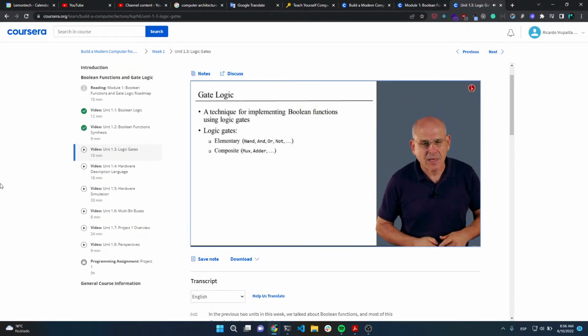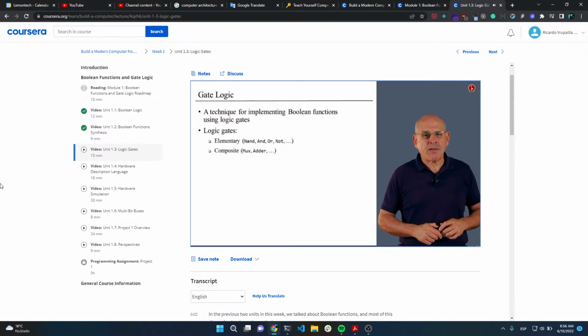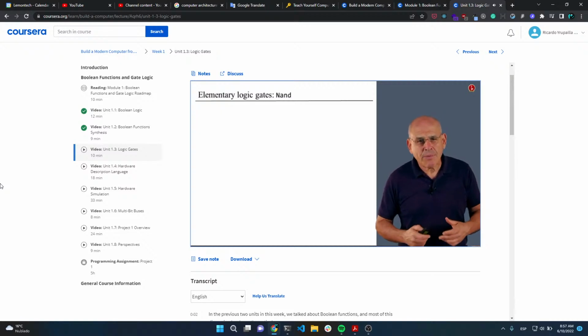A composite gate is a more complex gate than the elementary ones. And in this course, we'll develop things like multiplexers and adders. And obviously, most of you don't know what these terms mean. Don't worry about it. You will get acquainted with them and actually build them in the next few weeks in the course. All right, so let us begin with the most fundamental logic gates that we use in this course,